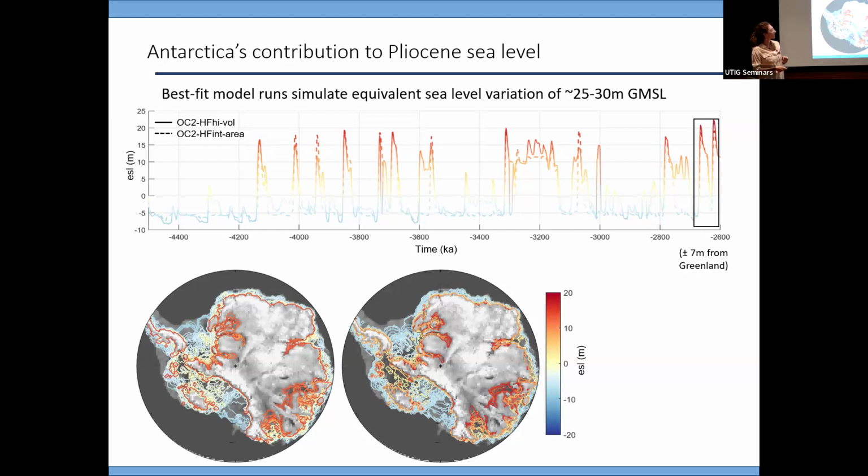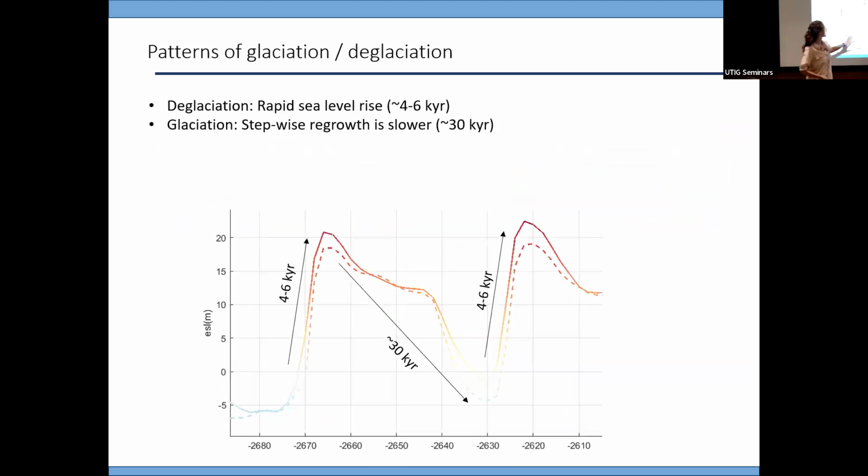Okay, I want to point out something I think is interesting, I hope you do too. If we zoom into some of these glacial cycles, we see a sawtooth pattern, which is super cool. This is because we're using a physically based ice sheet model. We get rapid retreat, slow growth, rapid retreat. The growth happens when you cool the oceans: an ice shelf grows out into the oceans, thickens, pins on bedrock highs or banks, starts to coalesce, and creates a grounded ice sheet. Then you get deglaciation when warming hits some threshold and these instability feedbacks kick in.